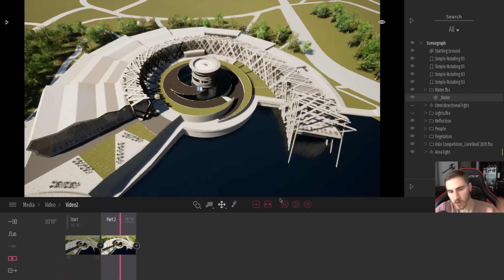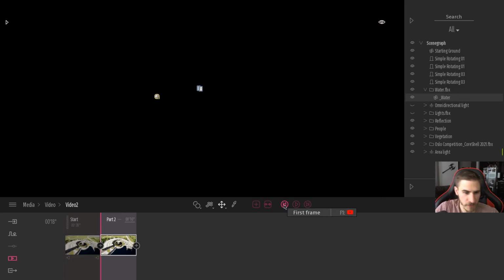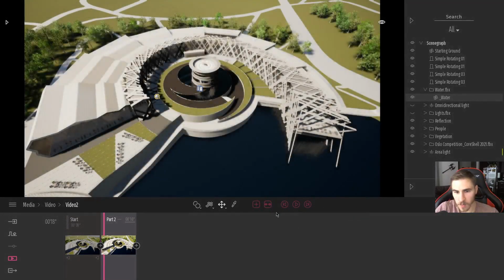Great, easy enough. Okay. And so through all of that, of course, we can create another part. We've got our first frame and our last frame within each part. We can, of course, play within that part, but finally, this button here is our collapse and expand. So just like before, we were able to collapse and expand those.